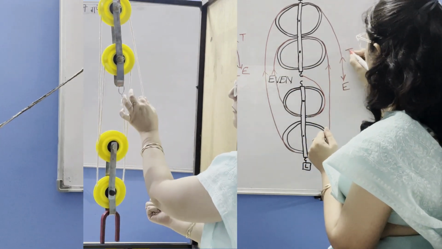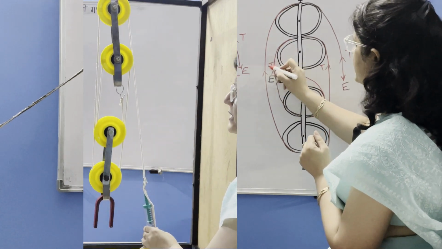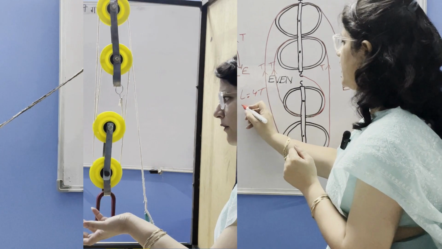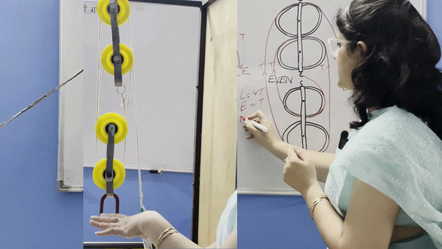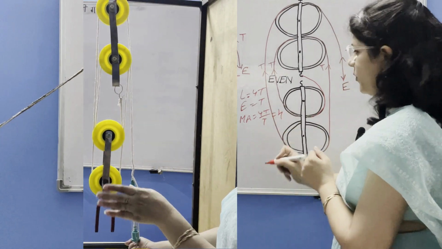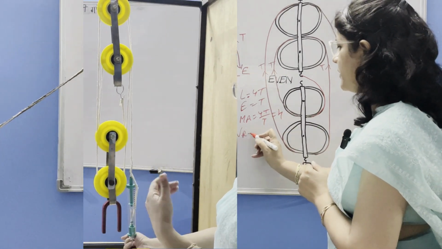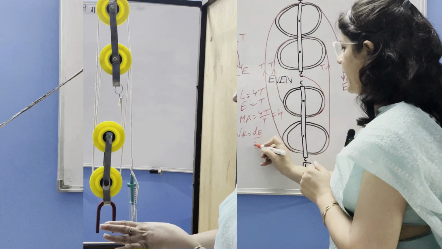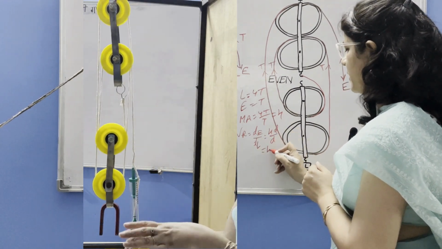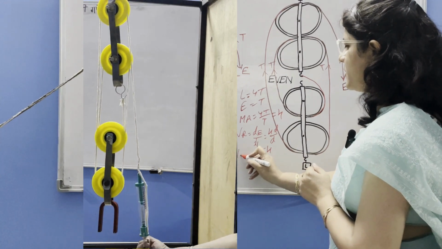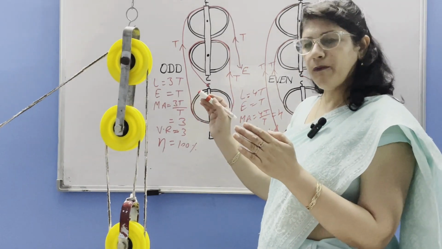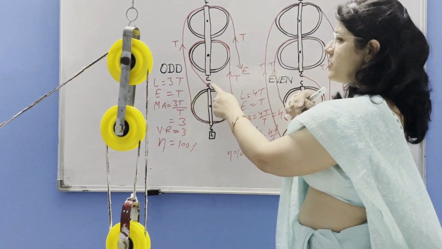So tension upward direction arrows in 4 segments you need to show, and load is equal to 4T, effort is equal to T. So MA is equal to 4T upon T. It means it is equal to 4. And VR is equal to DE upon DL, 4D upon D, and it is again equal to 4, and efficiency is equal to 100%. Even if we have 5 pulleys, then start the string from the hook of